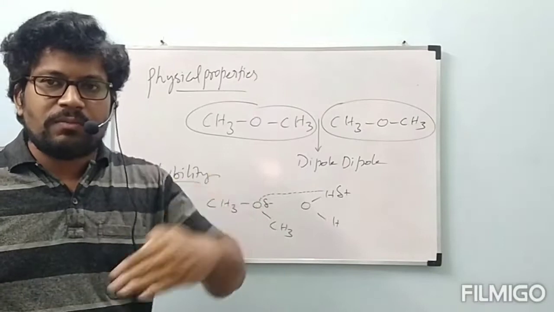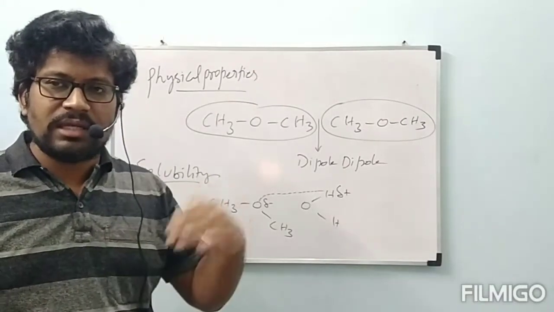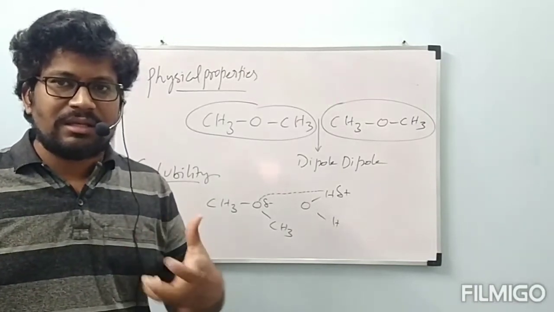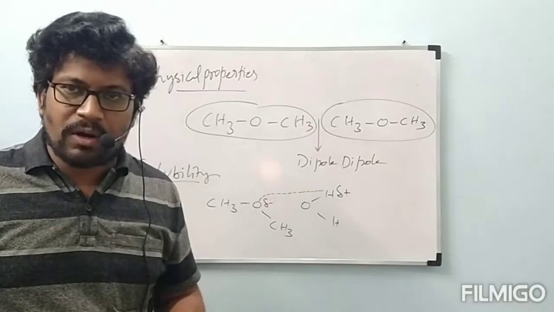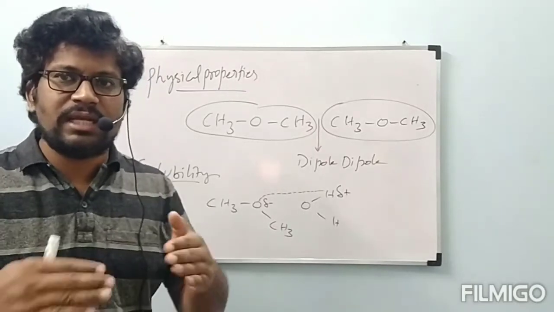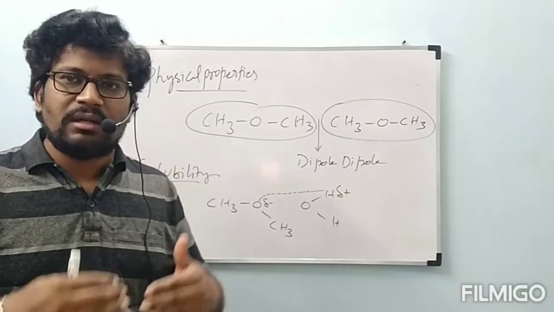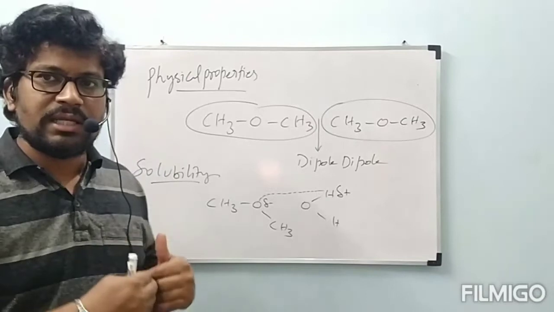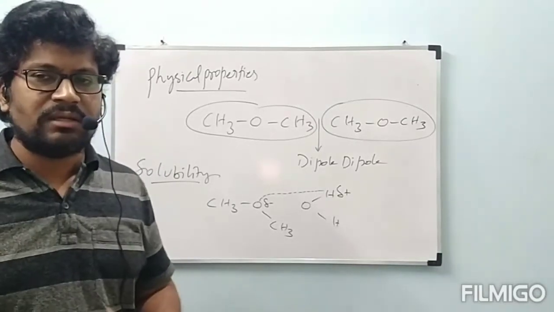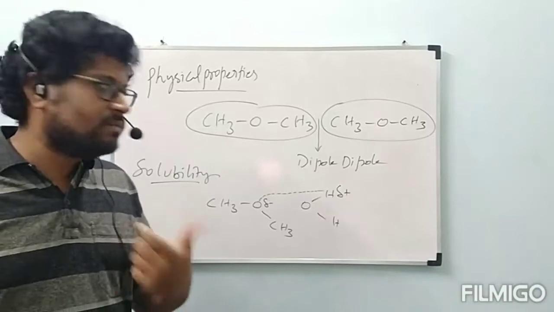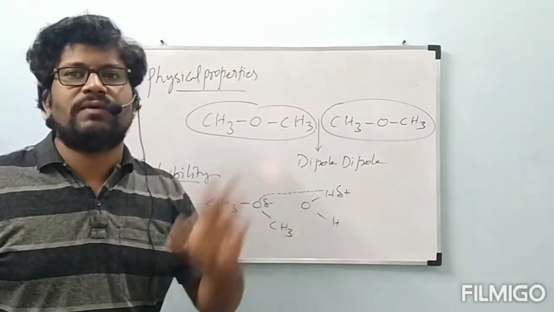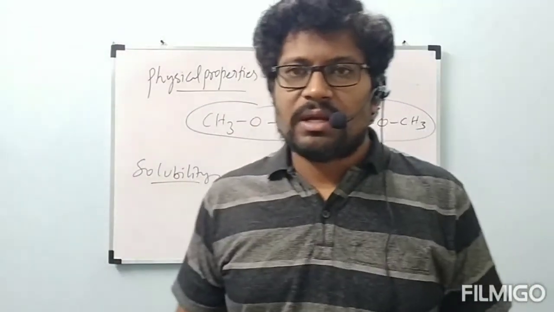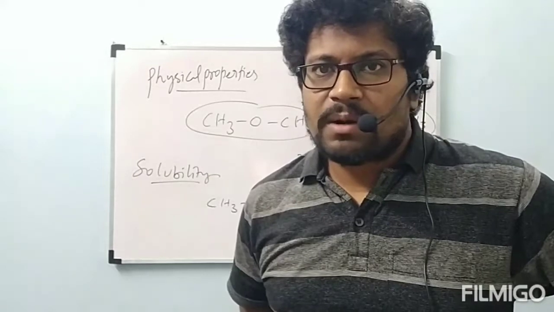But going top to bottom, through higher ethers which contain higher alkyl groups, the non-polarity dominates the polarity. Because of that, the formation of hydrogen bonds decreases, and the solubility of ethers in water also decreases from top to bottom. But lower ethers can be soluble in water. This is the reason: ethers can form hydrogen bonds with water and so they are soluble in water. These are the two main physical properties of ethers which were discussed. By this, we completed the physical properties of ethers.